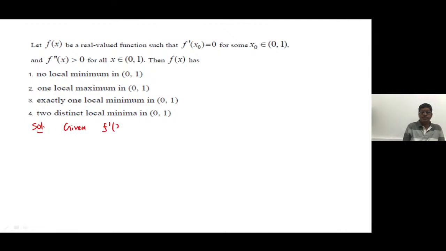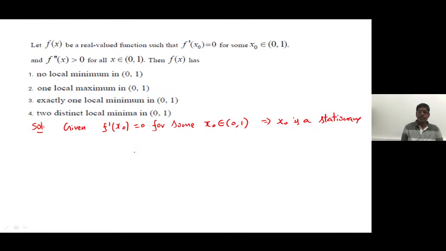Given f dash x naught is equal to 0 for some x naught belongs to open interval 0 comma 1. So the necessary condition for a point x to be a stationary point of the function f of x is f dash x equal to 0. So that means x naught is a stationary point of f of x in the open interval 0 comma 1. You can write directly it is the stationary point because only for some x naught it is given. Okay,